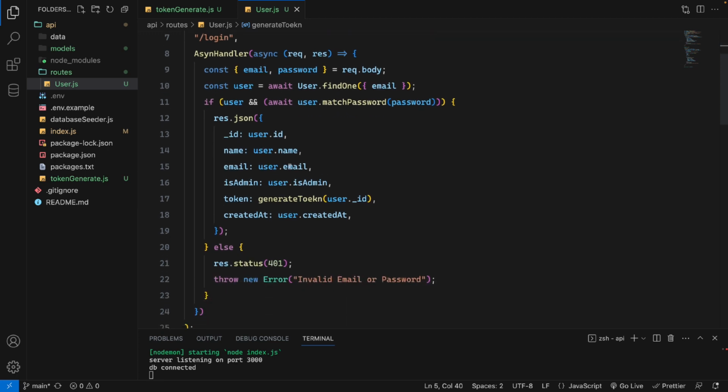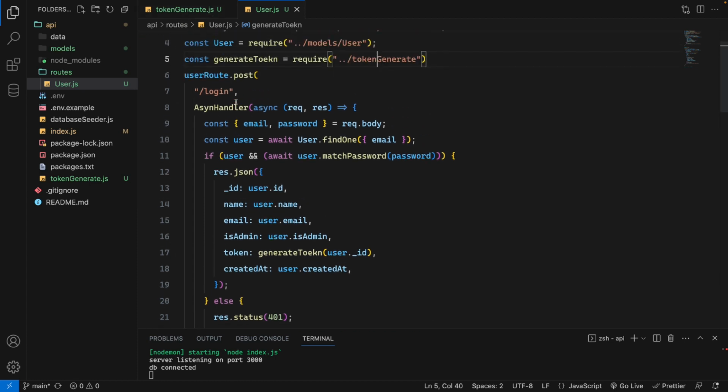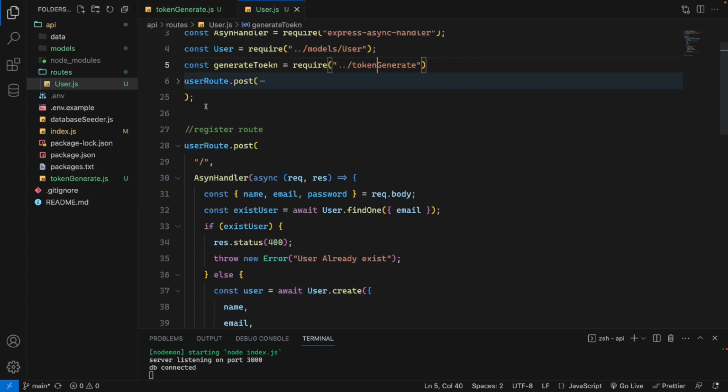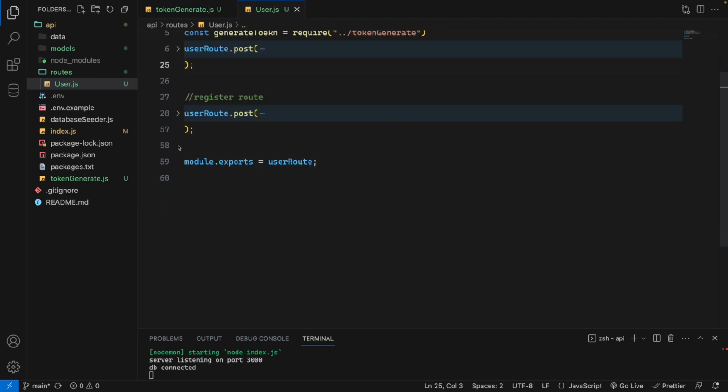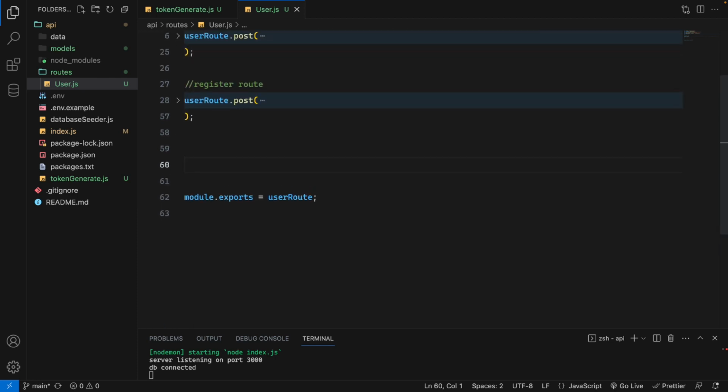Okay, cool. So for the profile, if the auth user is trying to access the profile, we need to have a key. That's why I created that token generator as a key. Without a key, the user cannot open the door. Without a key, the user cannot open the profile data like this. Okay, finally, profile data. Under here, we will say